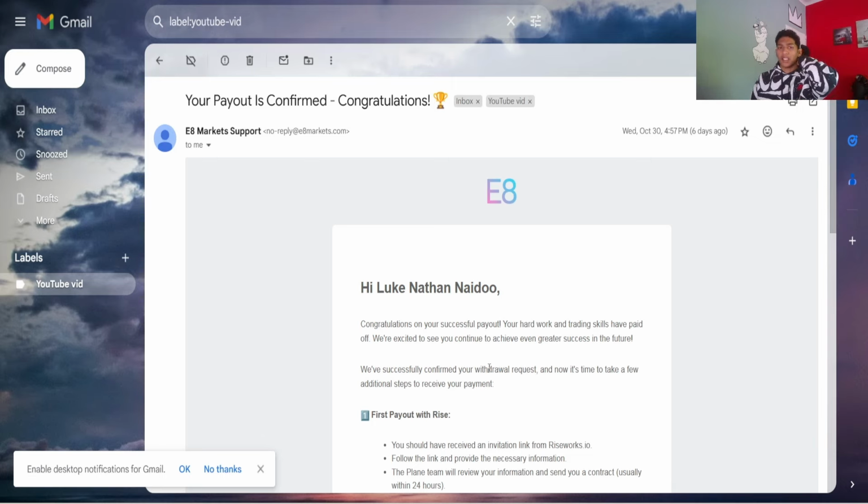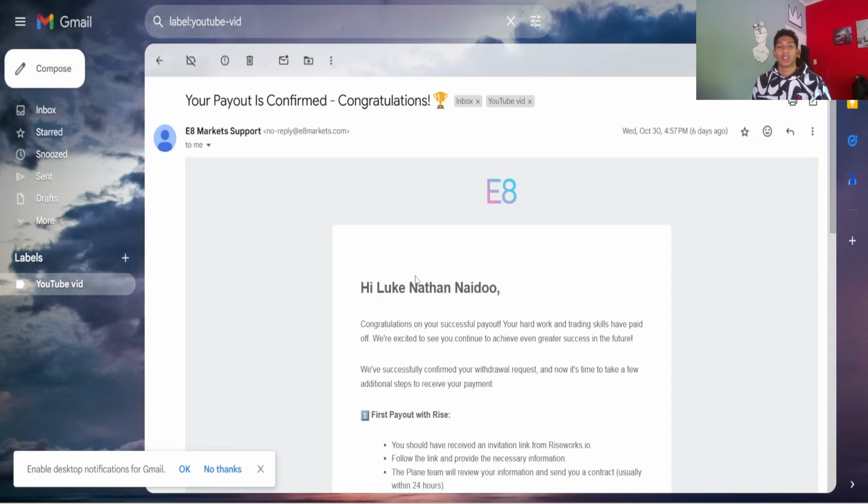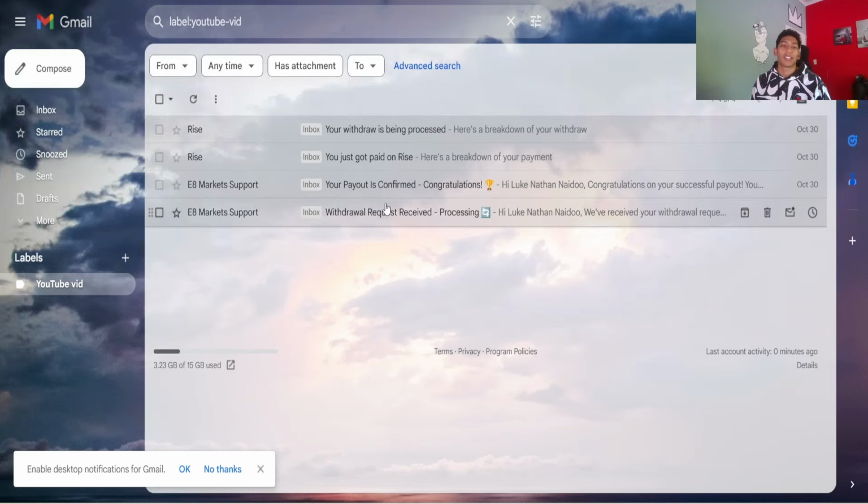So overall, let's say you request your withdrawal in the morning. Nine times out of 10, actually I could say 3 times out of 3, since I've been paid out 3 times, every time I've gotten an email of my successful payout the same day. Obviously I requested the day before, but it's been a couple hours, if you know what I'm saying, because I requested at 11 p.m. So my advice would be just request in the morning. You get your email confirmation in the afternoon, and get your money into your Rise account the same day.